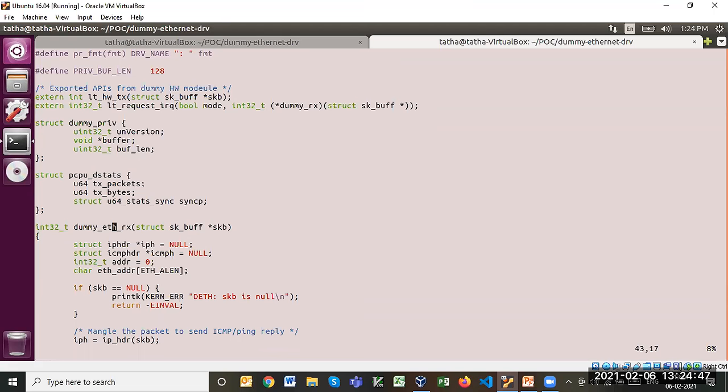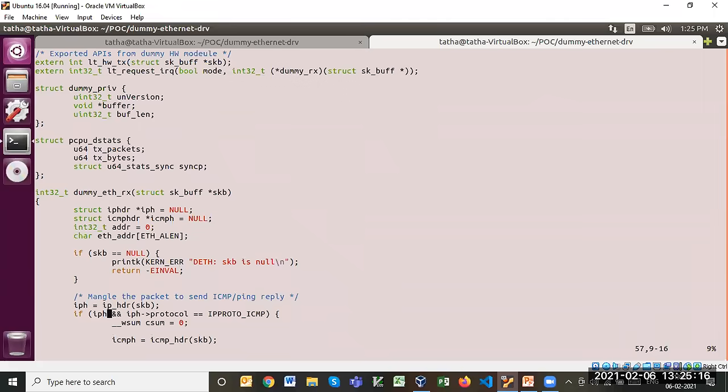Then whenever the Ethernet controller raises an interrupt, the kernel operating system will get the interrupt, and if the interrupt number is 10, it will call the corresponding function handler, which was passed during the request_irq function. So this is usually this dummy ETH RX kind of function. The signature will be a bit different, but the body will be similar to that.